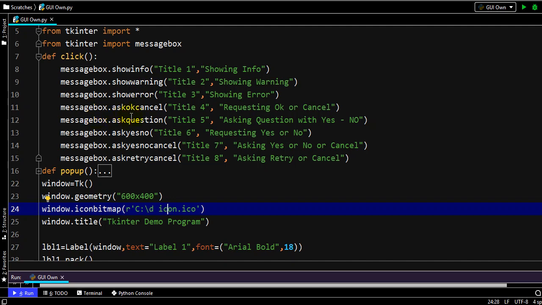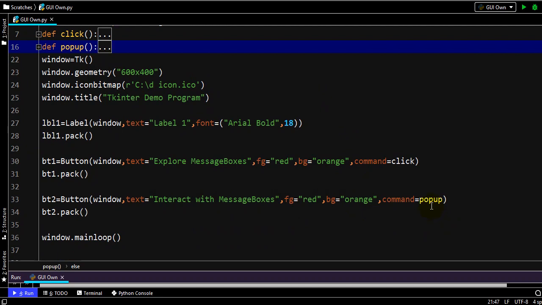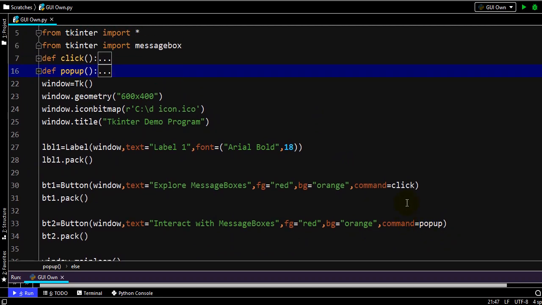That is, whether you want to continue. In such kinds of interaction we will have okay, yes or no, or it may be some question. So we'll see one after the other. Given these, what combinations are available with message box, and of course I've given some dummy titles here, dummy title 1, title 2, title 3, and it can be made more meaningful based on your application. So the next thing is the button, which is actually meant for interacting with the message boxes. Okay, let's run the program again.